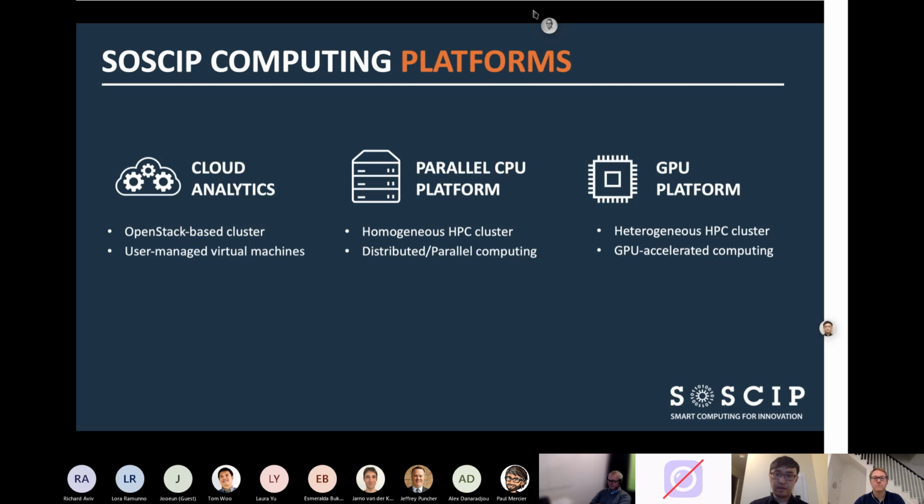Those 2 platforms, the parallelized CPU platform and the GPU platform, are designed to take in jobs. That means once you are on the platform, you just submit a job, then there is a scheduler, and it will pick up your job to run whenever there is an available resource. Those 2 machines are designed for HPC, so they have a faster interconnection than the cloud, and you can run them for distributed parallel computing purposes.